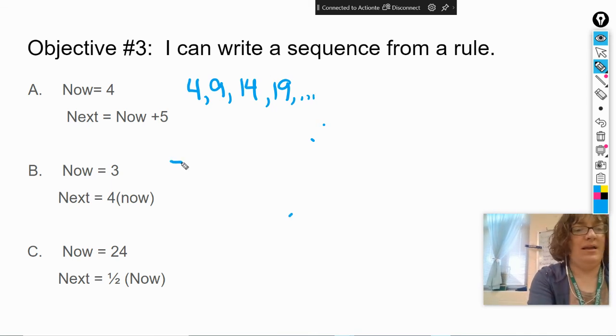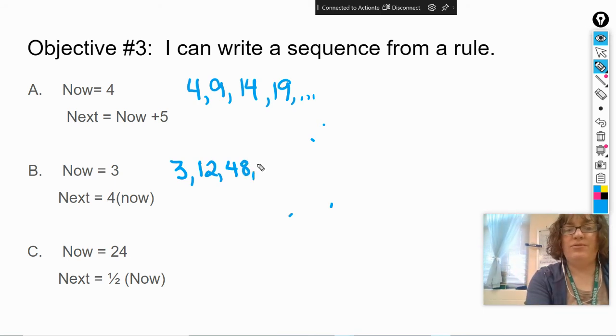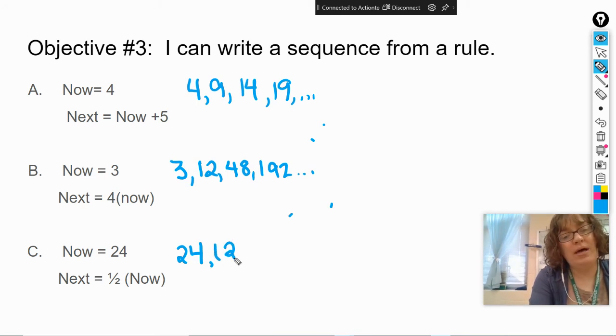B, now, again, that's always where I start. But this one's going to be that geometric form because it's multiplication. So this says 4 times the now. So 4 times 3 is 12. 4 times 12 would be 48. And then 48 times 4 would be 192. Finally, C, again, I see multiplication here. So I know it's a geometric pattern. So I'm going to start at 24, and then I'm going to multiply by a half. So half of 24 is 12, half of 12 is 6, half of 6 is 3,